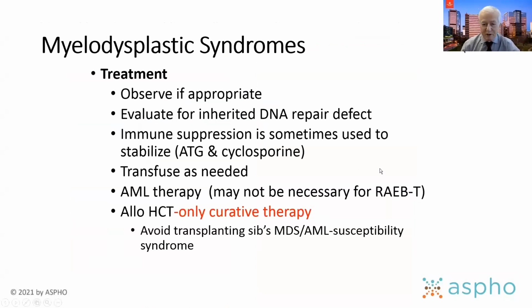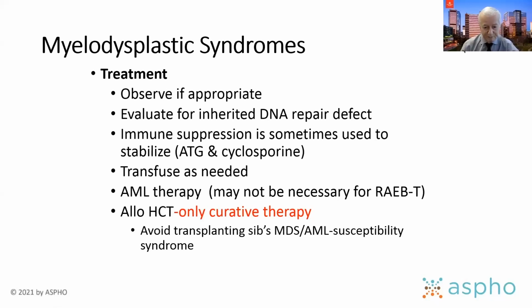So some of these patients I mentioned have a very low level of cytopenias and blast count, and they can be observed for considerable time. If you stumble upon these patients a priori as myelodysplastic syndrome, you might work backwards and see if they also have an inherited DNA repair defect. Some of these patients can be stabilized with immune suppression, which includes ATG and cyclosporin. Transfusions are needed sometimes. And for a few of them, AML therapy may be included, but again, that depends upon the percentage of blasts and the